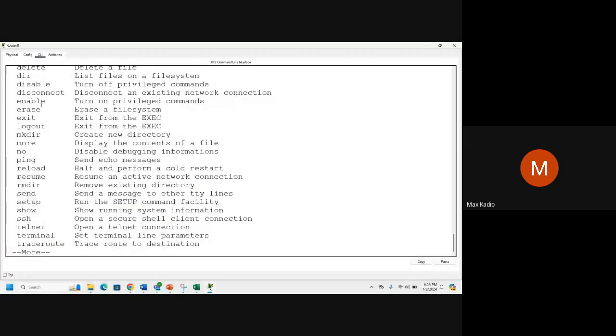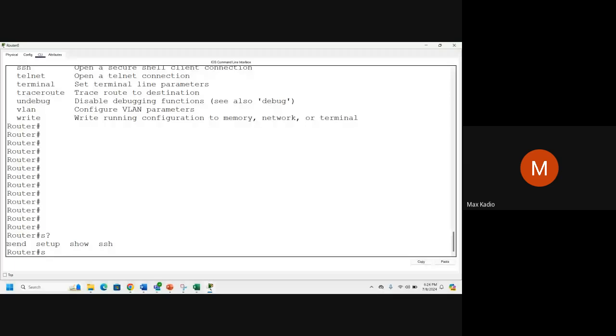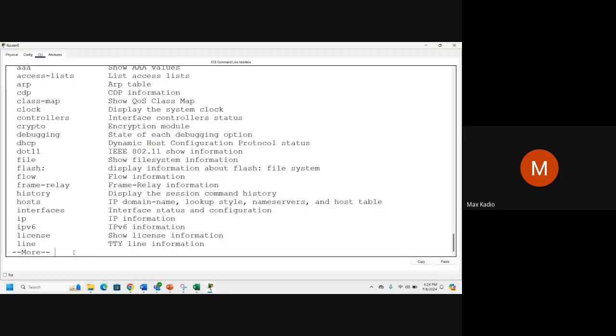Because now I want to view something, you see here, show. So I type show. Again, if I type S and a question mark, it's going to list all the commands starting with S. So you can play around with the question mark. You type show question mark, and you can keep typing question mark until you find your command. But for us, it's show